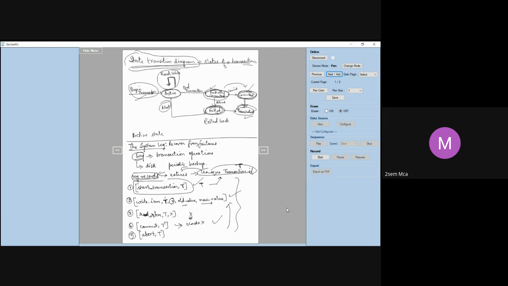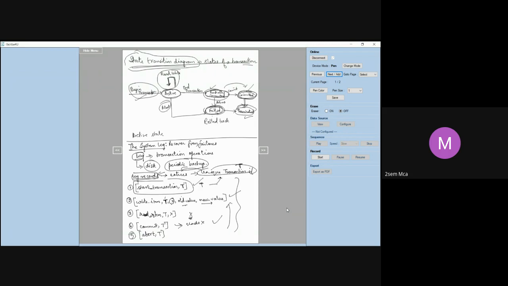Okay, and I also told you that the log is kept on the disk. So it is not affected by any kind of failure, except for a disk failure or any kind of catastrophe in which everything is physically damaged. In that case only your log gets affected. Otherwise the log remains intact on the disk. Next, I told you a periodical backup is always taken for the log. Let us say every 10 minutes or every half an hour, you take the backup and store it.